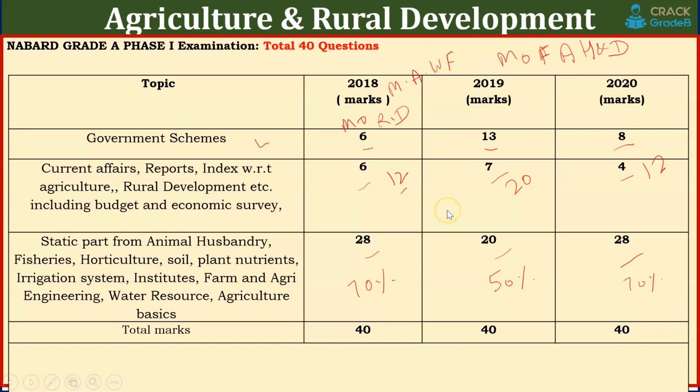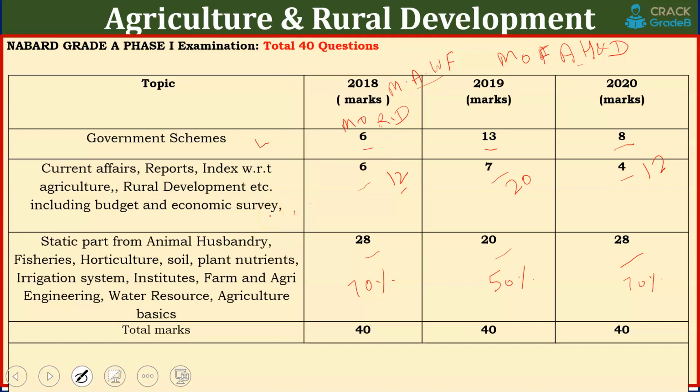So you can study specific agriculture current affairs. Agriculture news related to the Ministry of Agriculture and Farmer Welfare is available on the ministry website, and similarly for the Ministry of Fisheries, Animal Husbandry and Dairying. And export import highlights of agriculture related products, and the economic survey you have to cover,